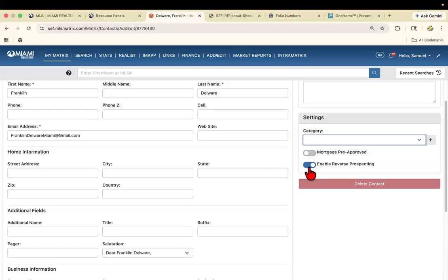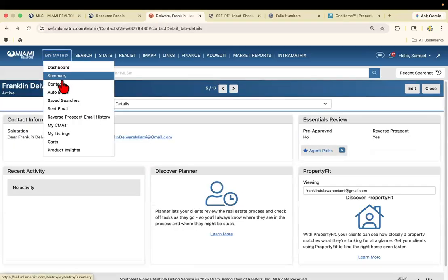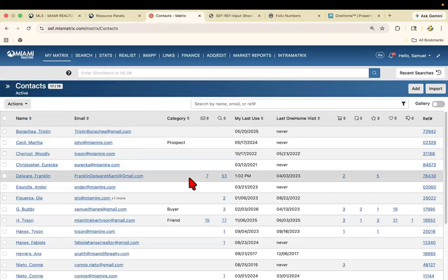Maybe they have a showing upcoming. They can let you know. Okay. Another really important thing about contacts, guys, that I also want to make sure I mention is you can also